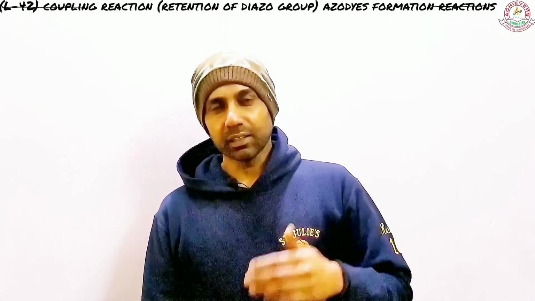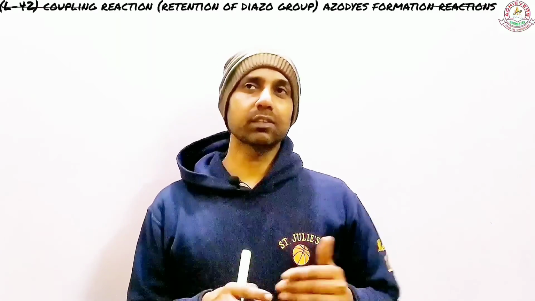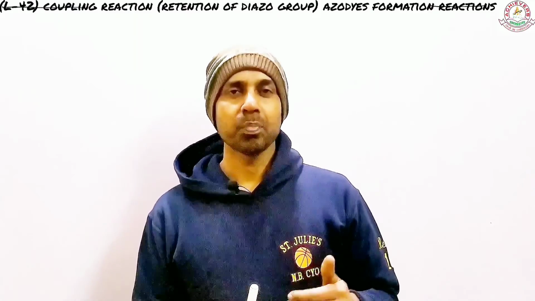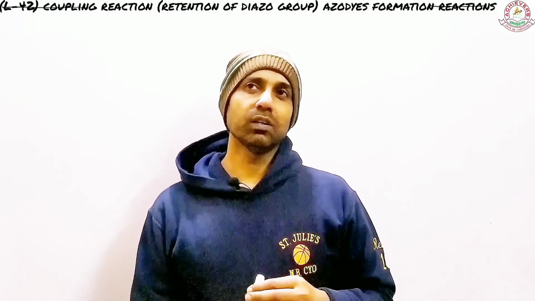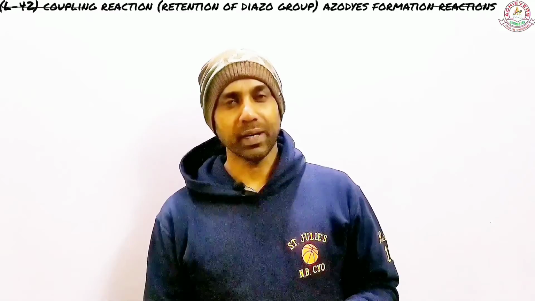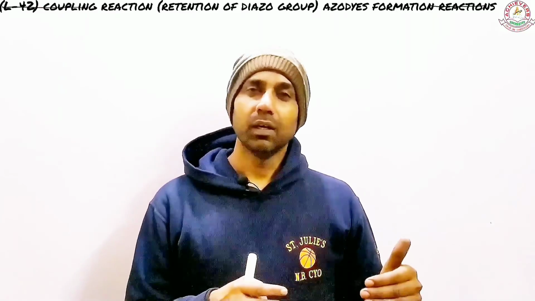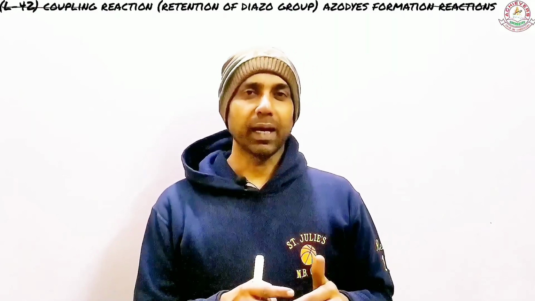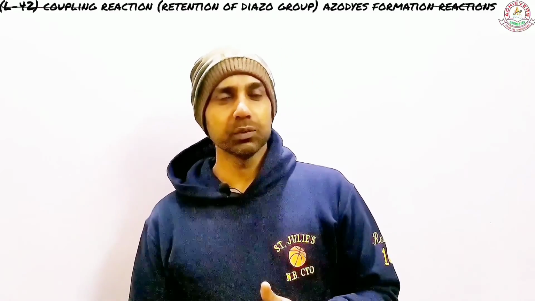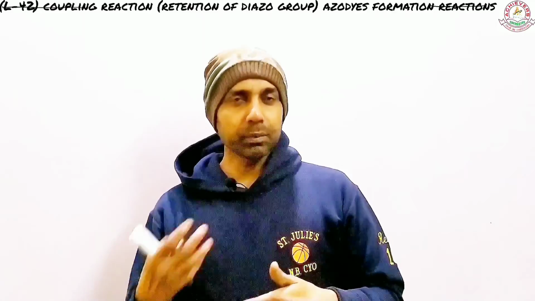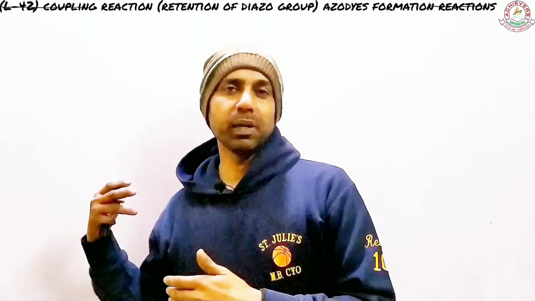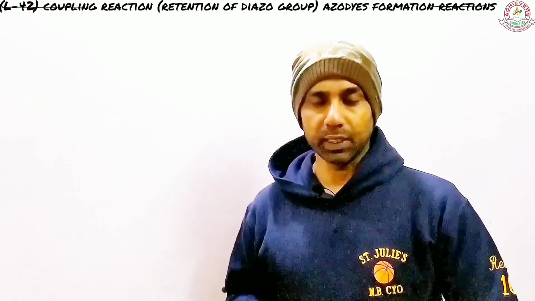One of them is red, the other is yellow, and there's something very important about the reaction. These reactions are called coupling reactions. Why? Because there is a coupling of the diazonium salt along with the other reagent you would be using to react it with. What kind of coupling is there? I will explain while I do that on the board right here.